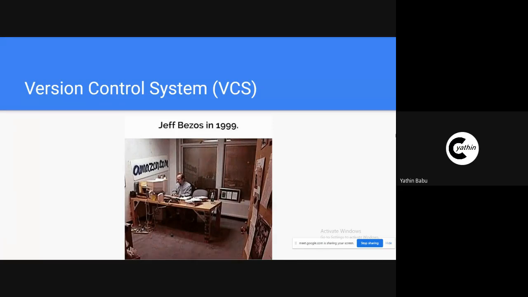Whenever you make changes to the code, if the amount of code you have written is small, you'll be able to remember what those changes are. And if you include any bug in those codes, then after you find it, you can revert those changes so that the system works properly.